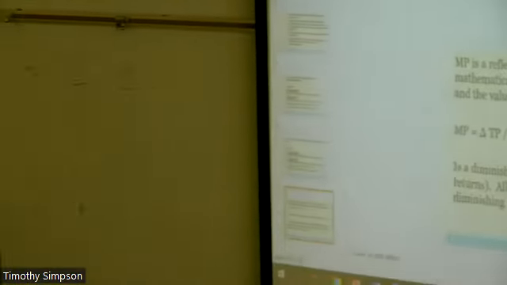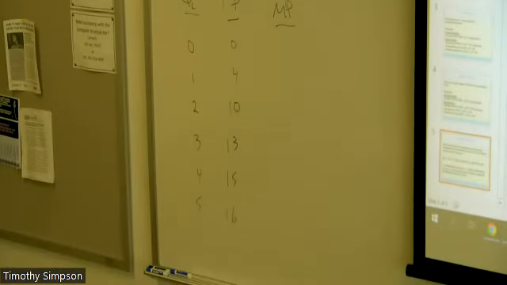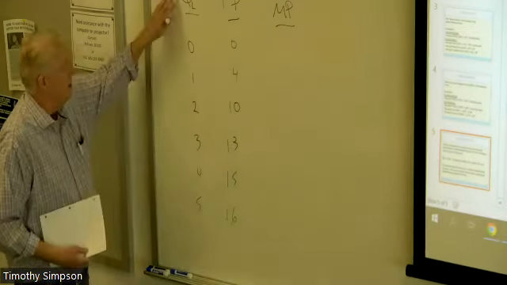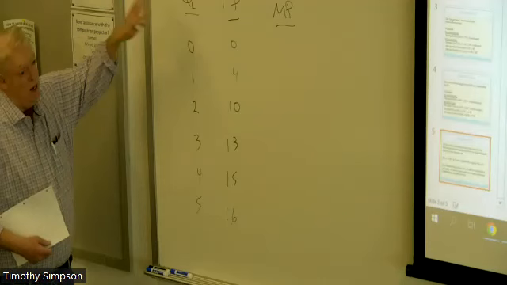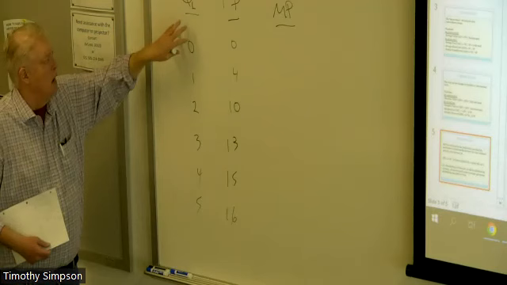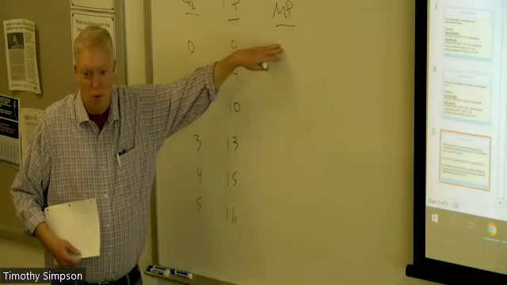Okay, so let me see here. All right, so I've got an example here of what we're trying to do in terms of the production function. So what does this look like? I've got a very simple example here. Can everybody see this? Okay, we've got quantity of labor, and we've got 0 workers, 1, 2, 3, 4, 5. And by the way, I know that we should specify, and I did on this board over here, a day, a week, an hour, a shift, whatever. There's got to be some sort of time element and it's got to be apples to apples. If it's workers per day, then it's got to be total product per day, marginal product per day, whatever.